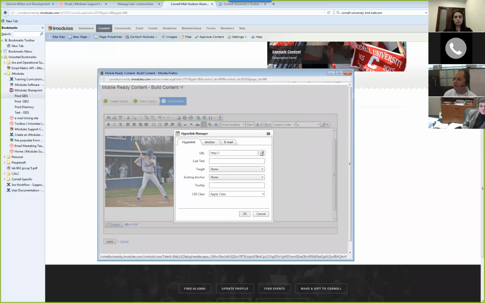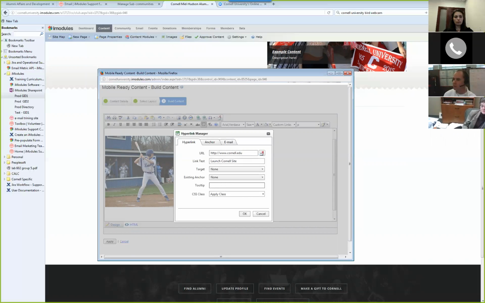Over here, I can add in a hyperlink itself, which would be www.cornell.edu. I can put text underneath here, launch Cornell site, so you would not see the URL, but you would see this text.